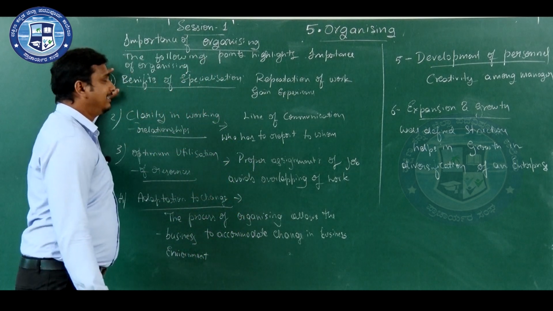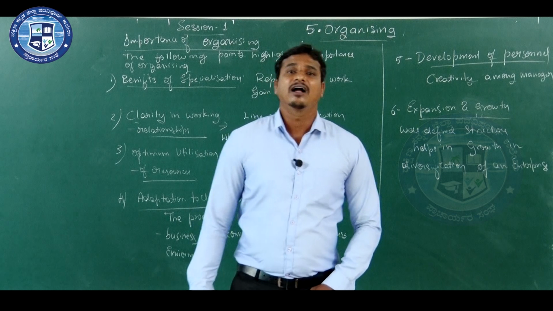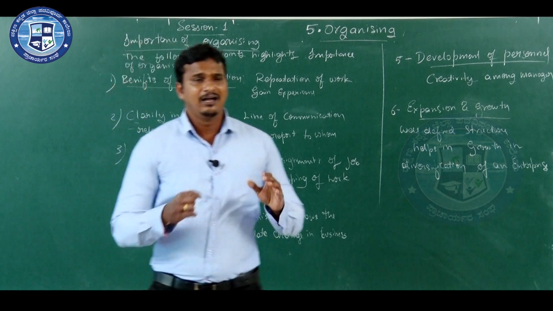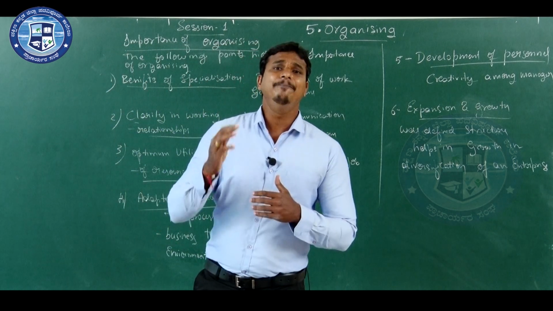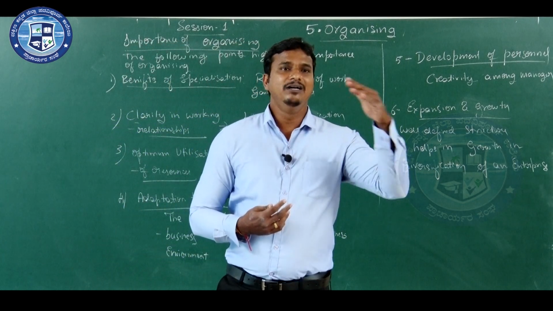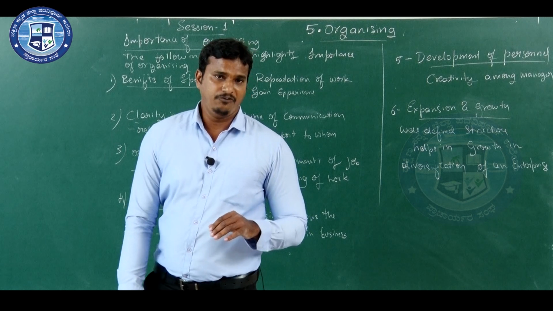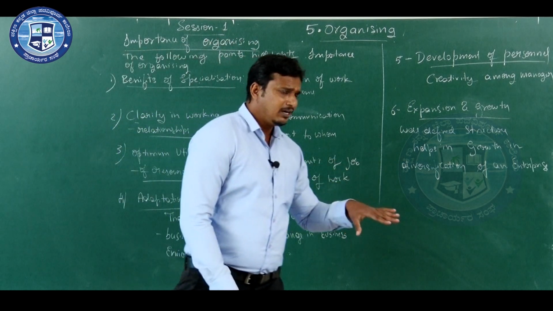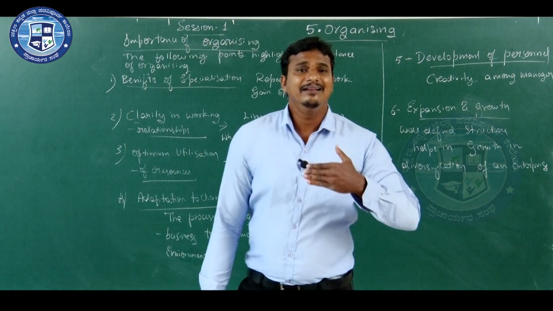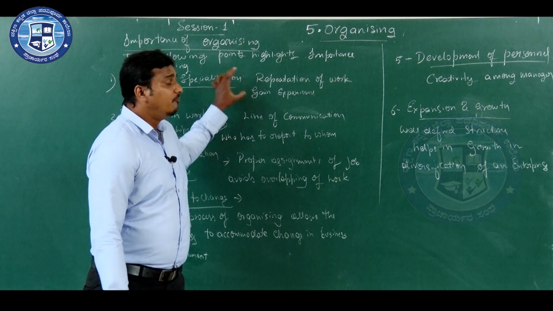The first point is benefit of specialization. Now, how does specialization come into force? After doing one particular task a number of times, repeatedly, again and again, you will be an expert in that particular field, and he will be specialized in that field. Doing the same work again and again, that is called repetition of work, will help him become an expert in his particular field.